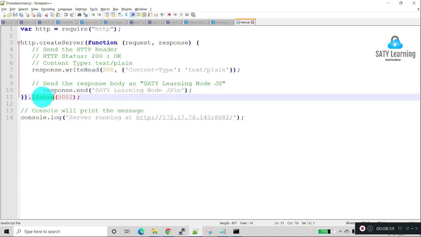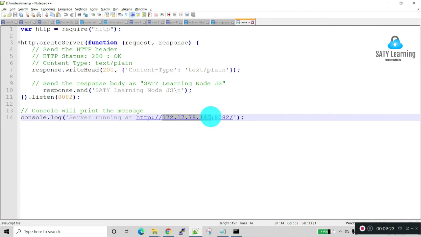I am listening on port 8082. We can configure any port. Suppose you have installed Tomcat, Apache or some other server on your local machine, it should not clash with that, so we should have a unique port.